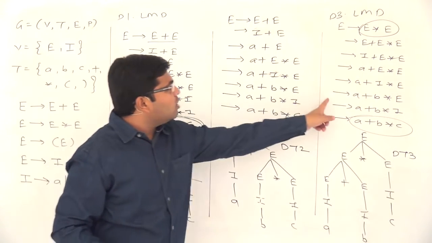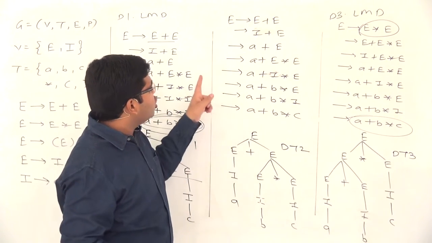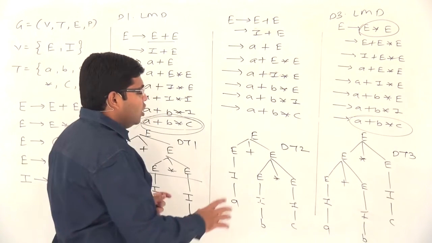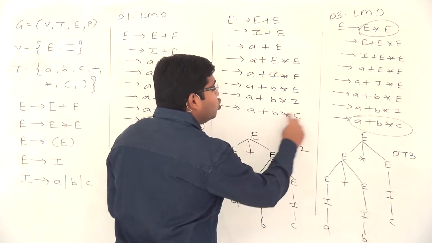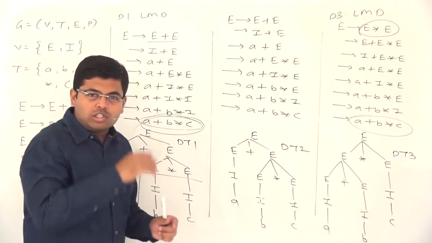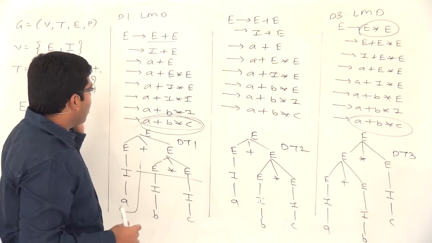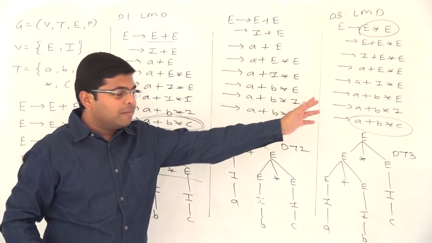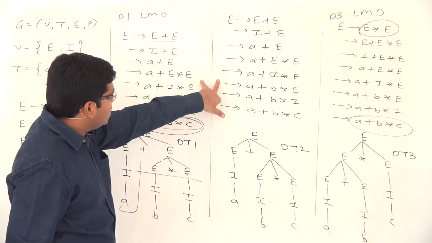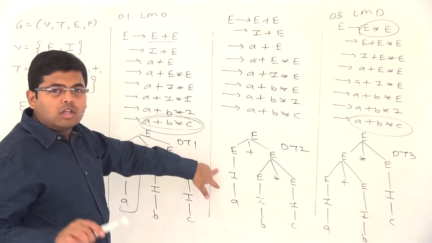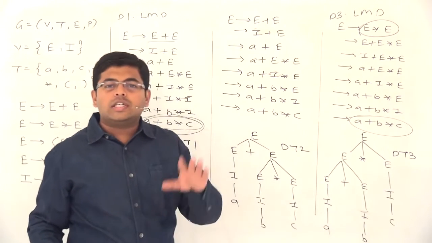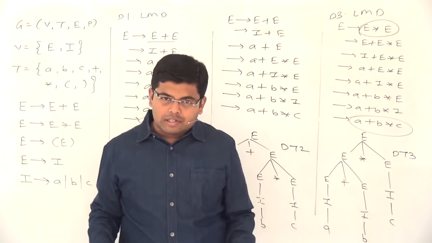See, these are two different leftmost derivations. This is also a leftmost derivation, this is also a leftmost derivation. So the derivation trees for two different leftmost derivations cannot be same. Okay, so what are the conclusions now? Again I will summarize. For a given string, multiple derivations may be possible, multiple derivation trees may be possible, different derivations may give or may not give different derivation trees, but different derivation trees will always give different derivations.